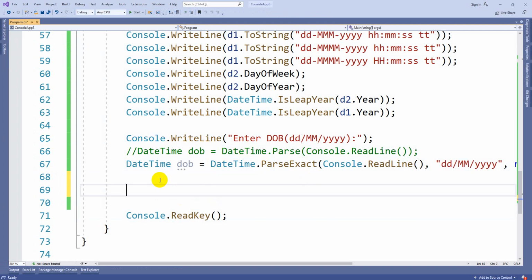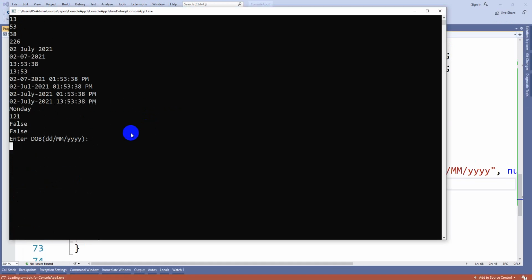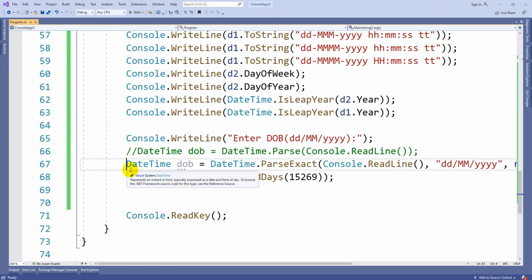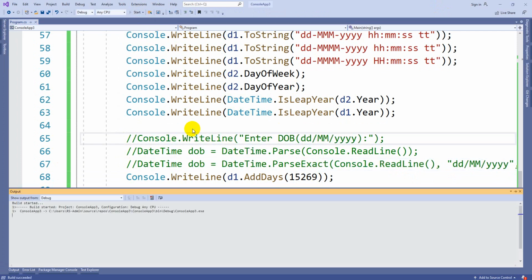And coming to the intervals, before that let me add one thing. In Console.WriteLine, d1.AddDays. For the current date, if you add 15,269 days, what will be the date? Oh, again this is there, let me comment this one. Now we can check.